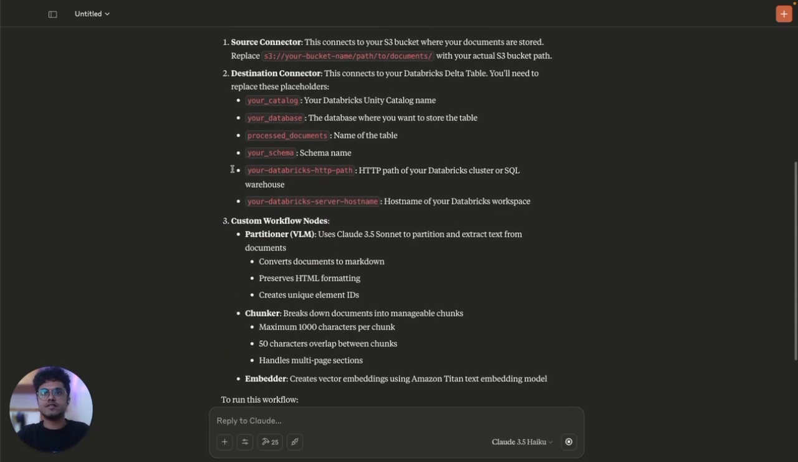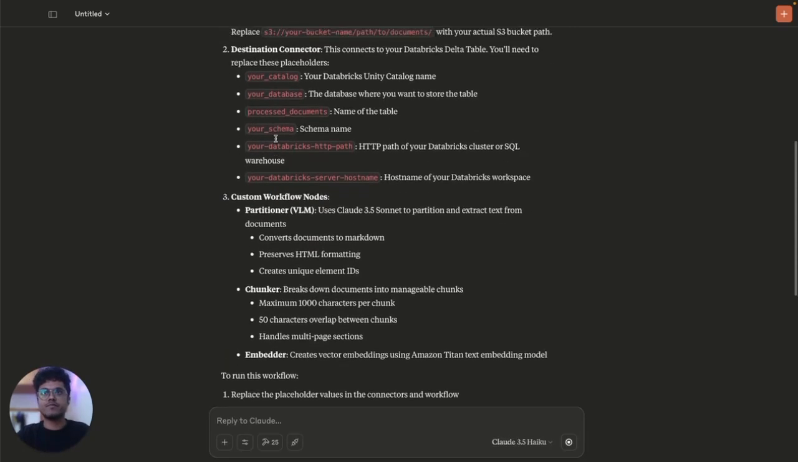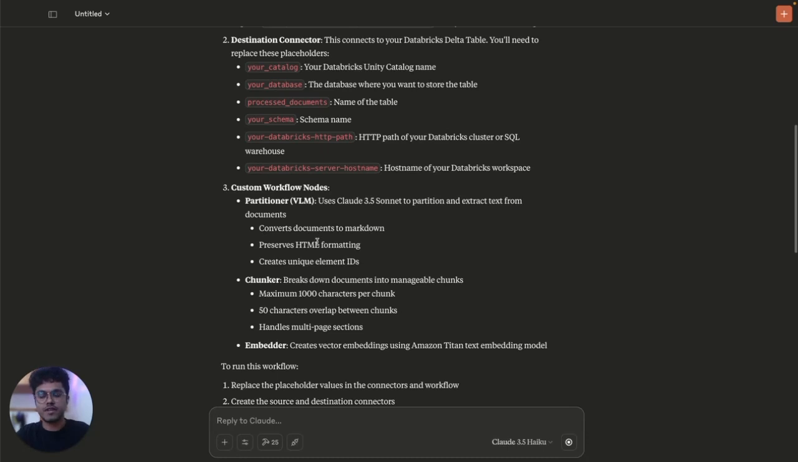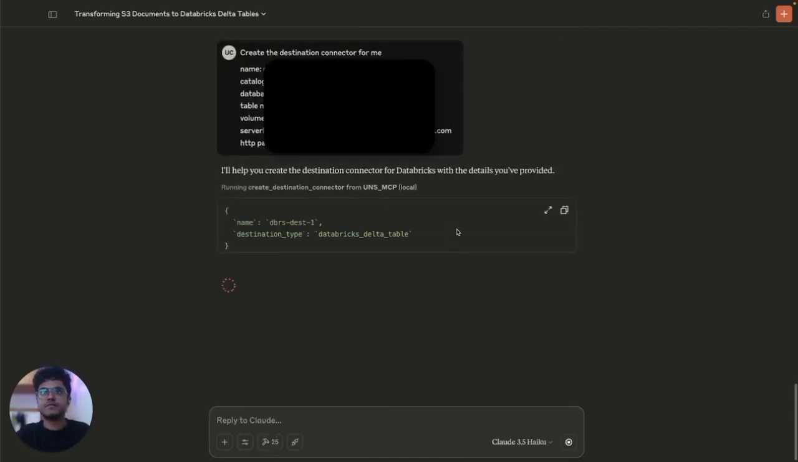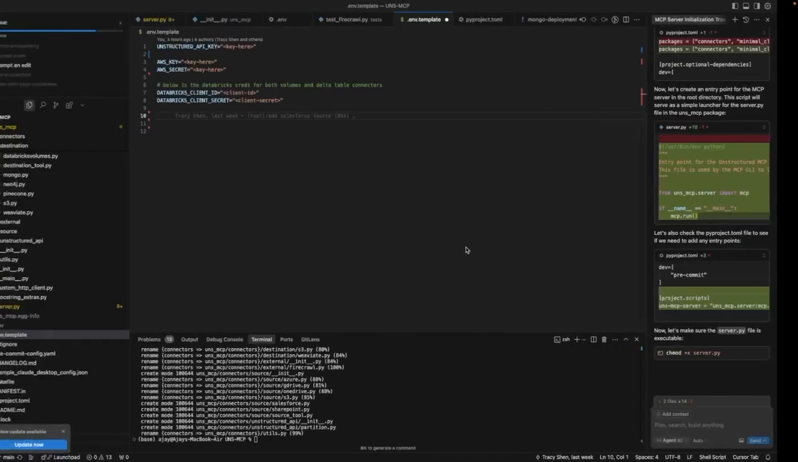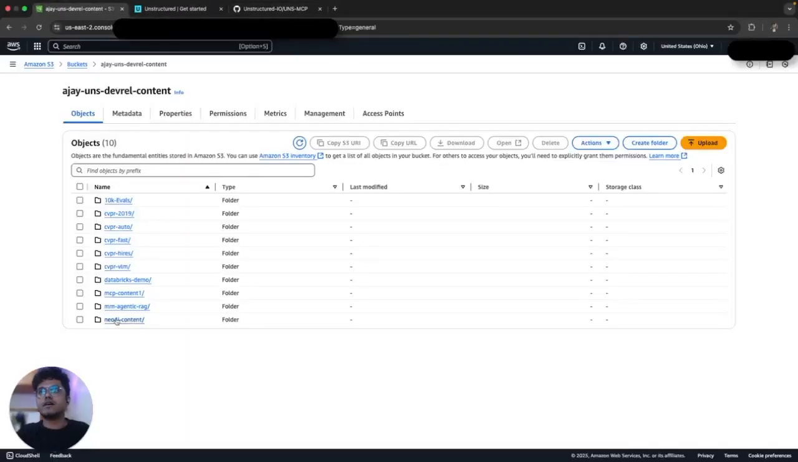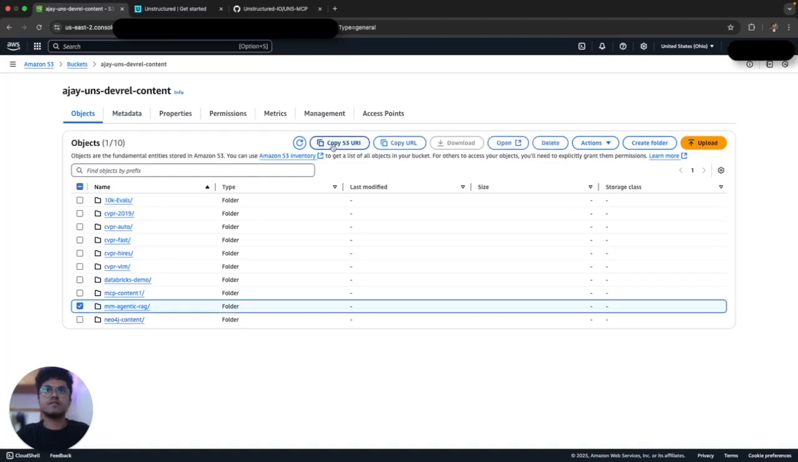So for this, let's first provide everything that's needed. I'm going to create the destination connector first, give it the credentials, and then it's going to create the destination connector for me. Next, I'm just going to take one of these folders and copy the URI, which is needed for my source connector. Source connector,